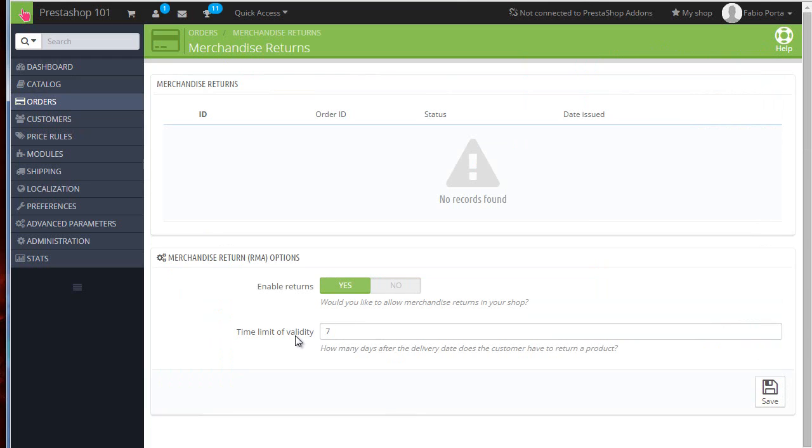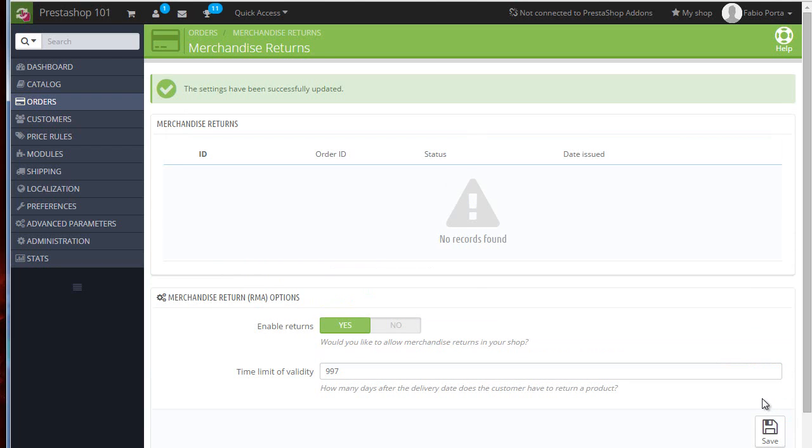Now, of course, we can also set the time of validity, and I believe to return the one I have placed by default in the front office, I need to set this to a really high number. So I will save now. Okay, so there are several ways we can handle merchandise returns. So let's see how to handle a customer requesting a merchandise return from front office first and then the back